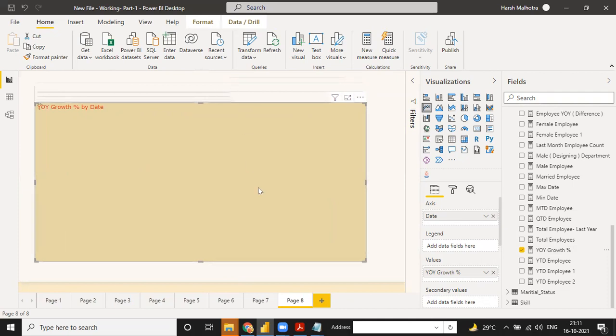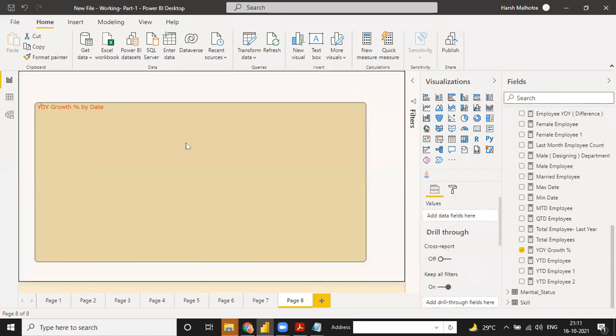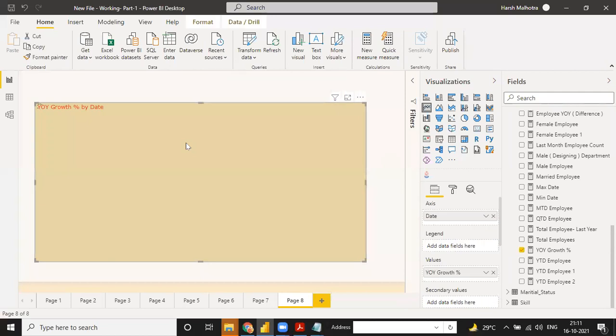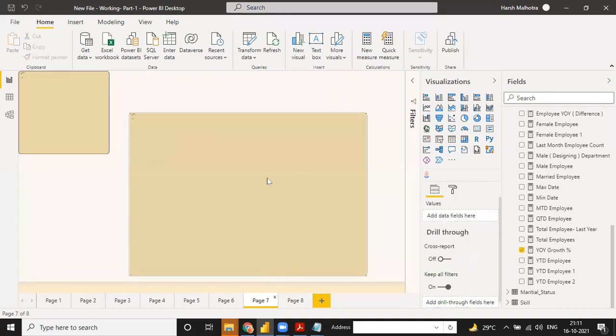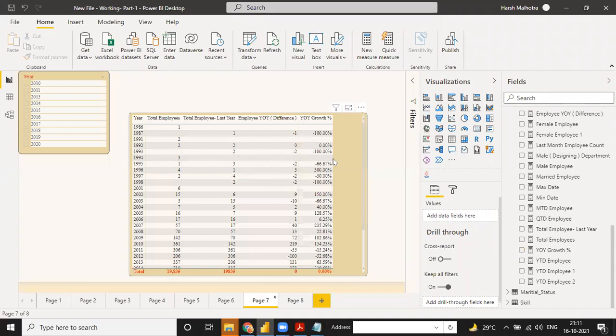Only this sheet is hanging, other sheets are not hanging. Why is that possible? I don't know. No worry, it will increase your data. Okay, so all the things are done according to me. YOY growth is done in this file.